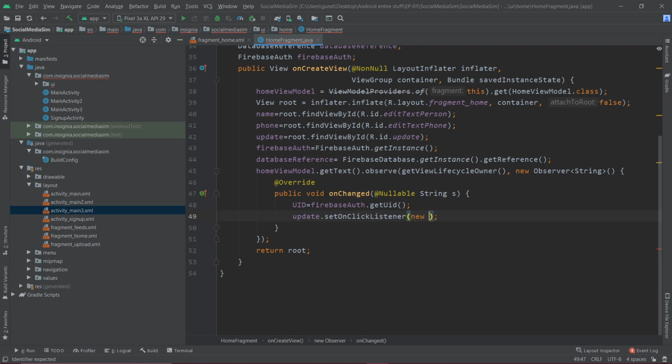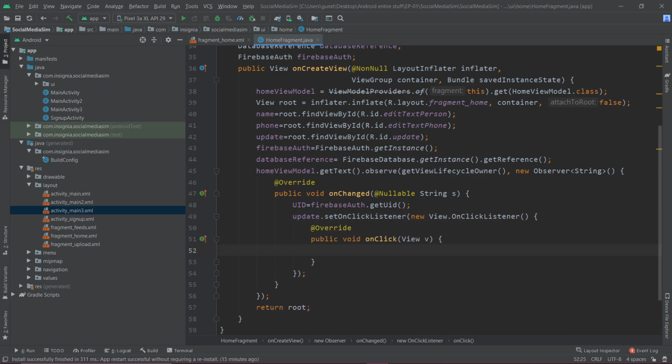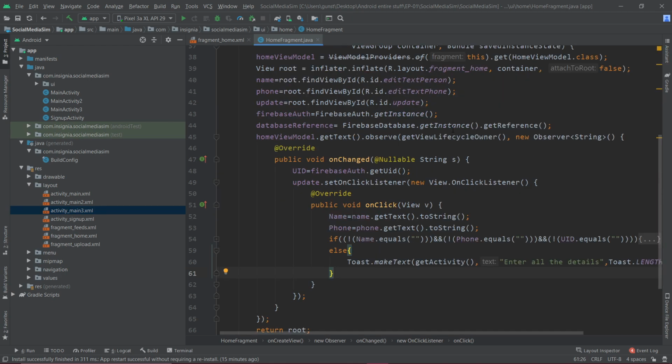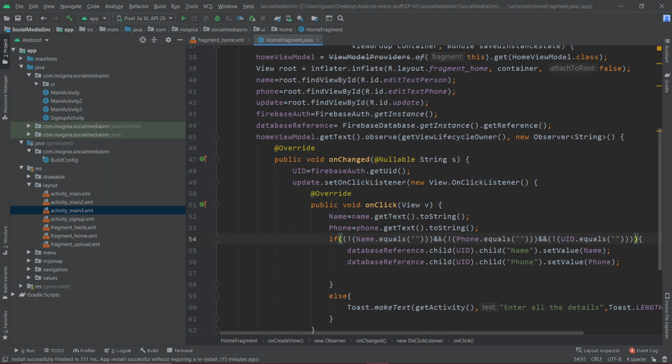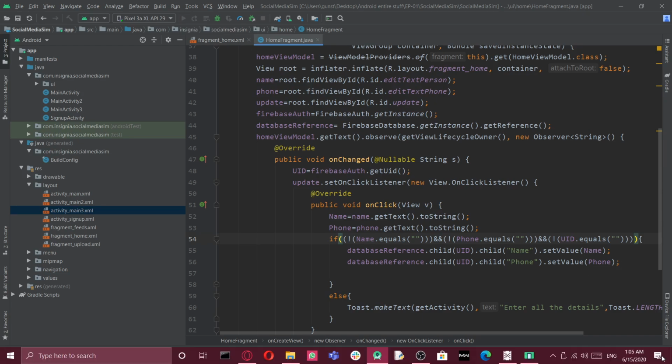So we'll have a new on-click listener, and within this on-click listener, once the user clicks the button, we're gonna get the content of our name edit text. We are gonna get the content of our phone edit text. We are gonna check if those contents are not equal to null. If those contents are not equal to null, we are gonna just update those things to our database. So I'll just go ahead and run our application.